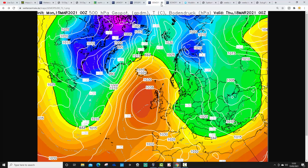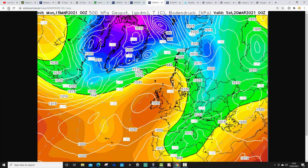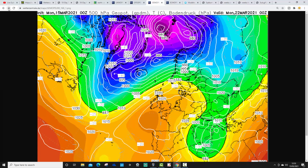Let's have a look at the GEM again. High pressure's out to our west on Thursday around the ridge. We're drawing in a slack northerly, northeasterly. That continues into Friday as well, but not bringing in all that much in the way of cold air from off the continent now. And over the weekend, as high pressure slips in through the country, it cuts off any suggestion of easterly winds, and so temperatures will start to lift up as we go through the weekend, becoming quite spring-like,